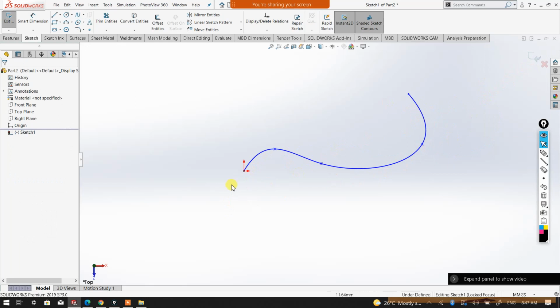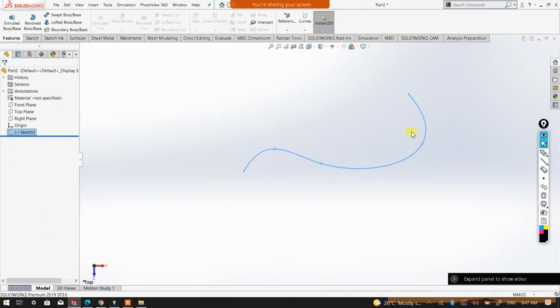You have to remember, once we already created the path, we have to exit from our sketch environment, and then I'm going to rotate a bit. And you have to remember, as I did mention to you previously, that we need to make sure that our profile should be perpendicular or almost perpendicular to our starting point, or starting line, or the beginning line. Let's say if we would like to create our profile over here, it means that our profile should be